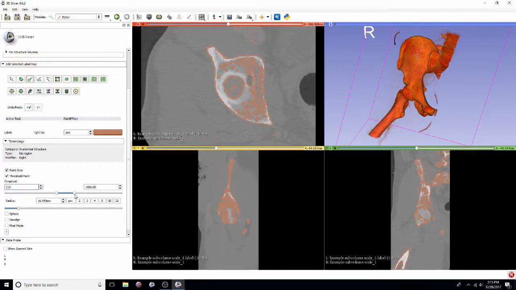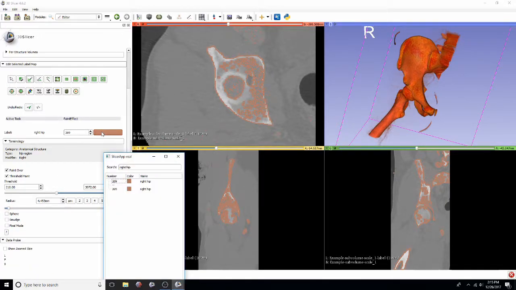For this next step, I'm going into the paint brush tool and using threshold paint. And the reason I'm doing that is so that I can start to separate the 2 bony structures. So at this point,